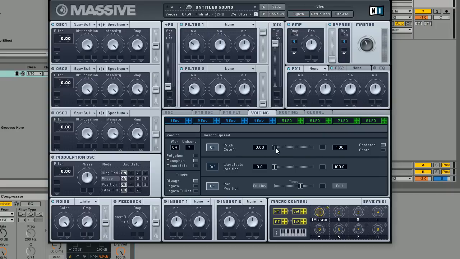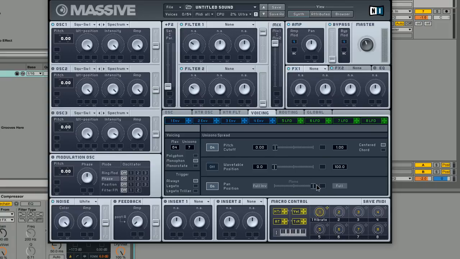I did, however, make sure that the voices were only very slightly detuned to give it that more metallic sound. If you start detuning it too much, it loses, I don't know how to explain it, but it doesn't sound as concise and as one sound. It starts to become a little bit blurry. So to make sure you get that nice metallic sound, just make sure that it's only ever so slightly moved to the right. And like I said, make sure that these voices are being spread across the stereo field